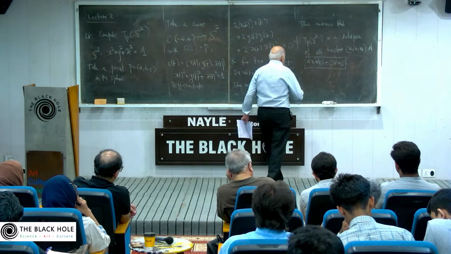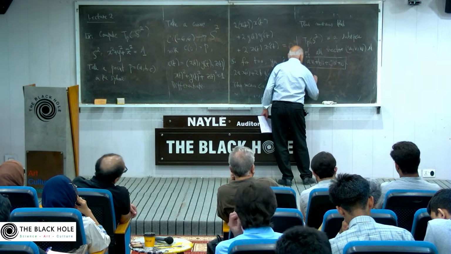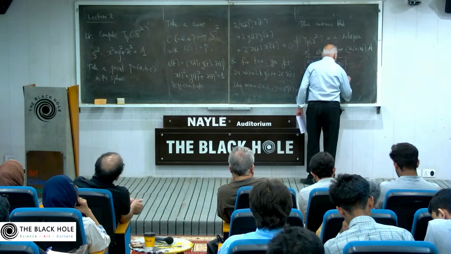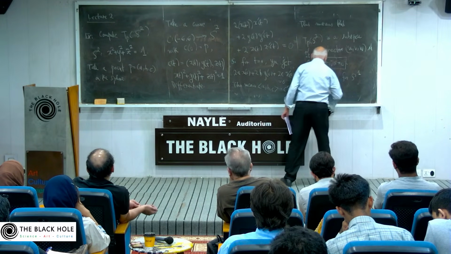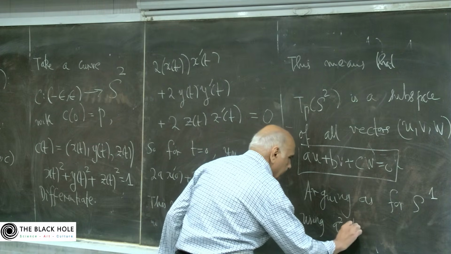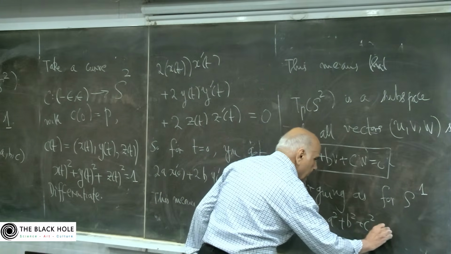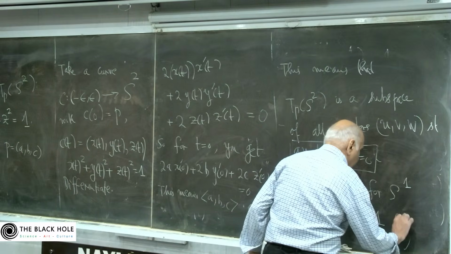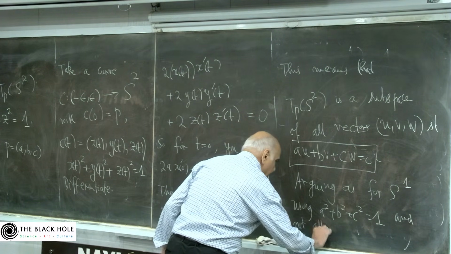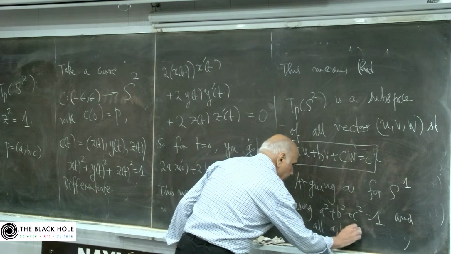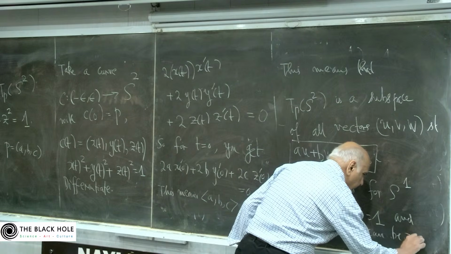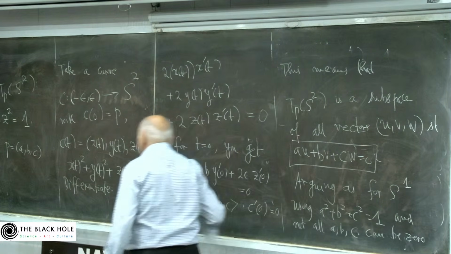So same argument as for S1, using a squared plus b squared plus c squared equal to 1, and not all a, b, c can be 0, we see that